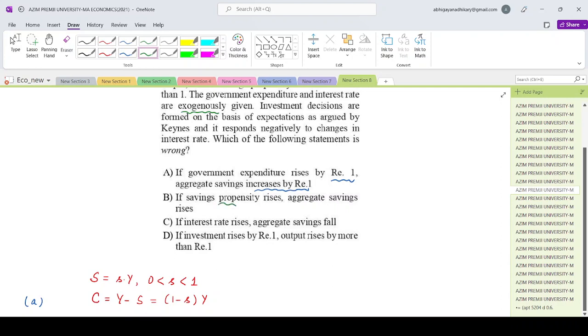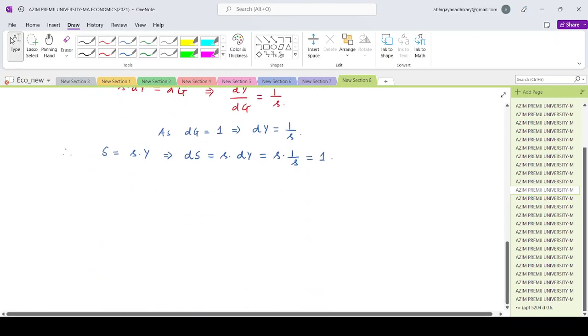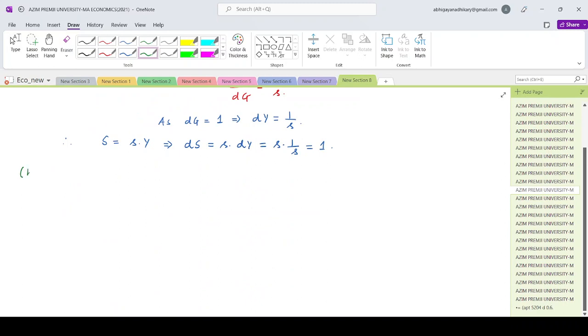If the savings propensity rises, then the aggregate savings will also rise. Now this, if you remember, was known as the paradox of thrift. Follows from something, I'll just explain in a moment what I mean. Okay, so let me evaluate option B. Your propensity to save increases, right? You want to save more. That means given an output level, for a given income or given Y,